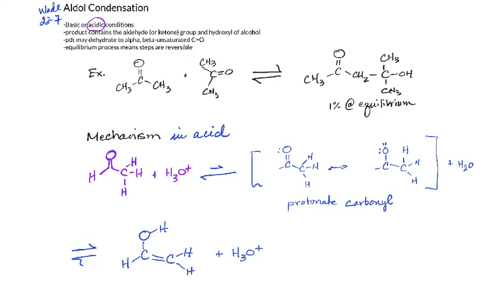Revisiting the aldol condensation, this time in acidic conditions. So the first step of this would be, if we're an acid, so acidic conditions mean we need to be an acid. First step, we need to pick up a proton. So I'm going to reach over from the, in this case, aldehyde as an actual example. Pick up a proton, the electrons get pushed over to the oxygen, and we'll have, again, in equilibrium conditions where